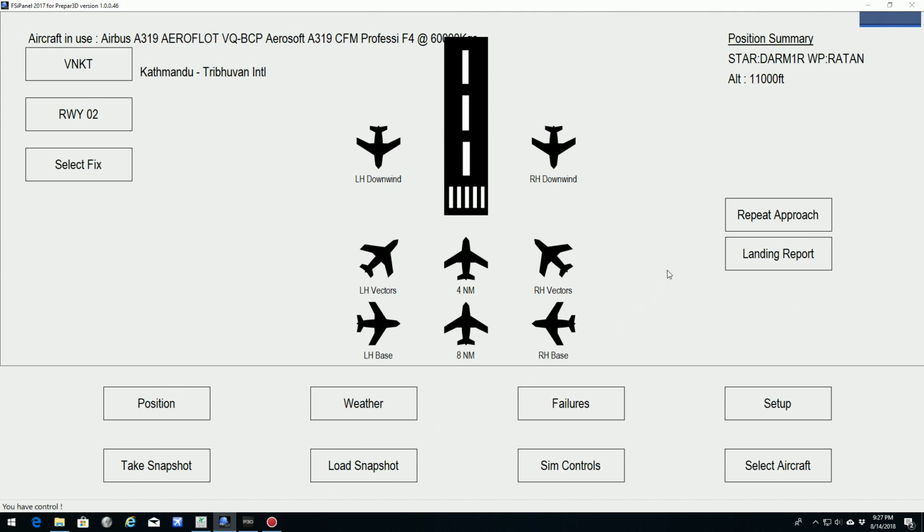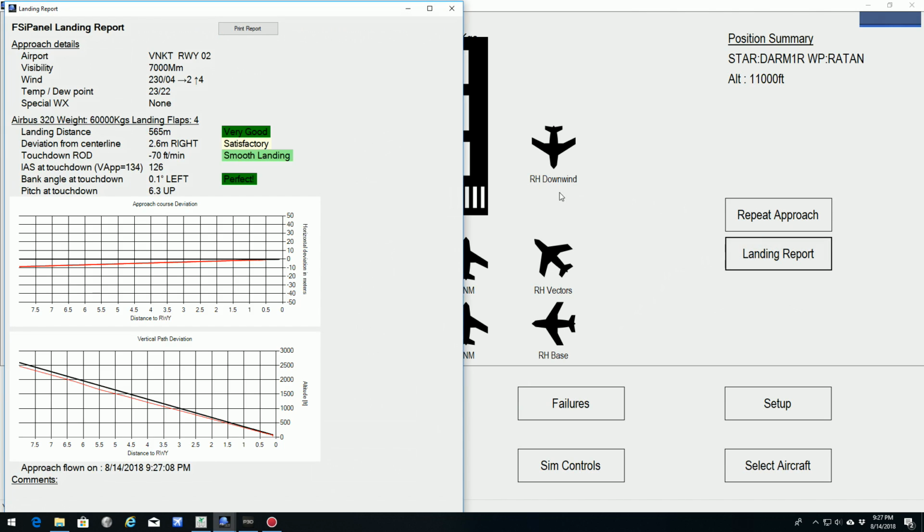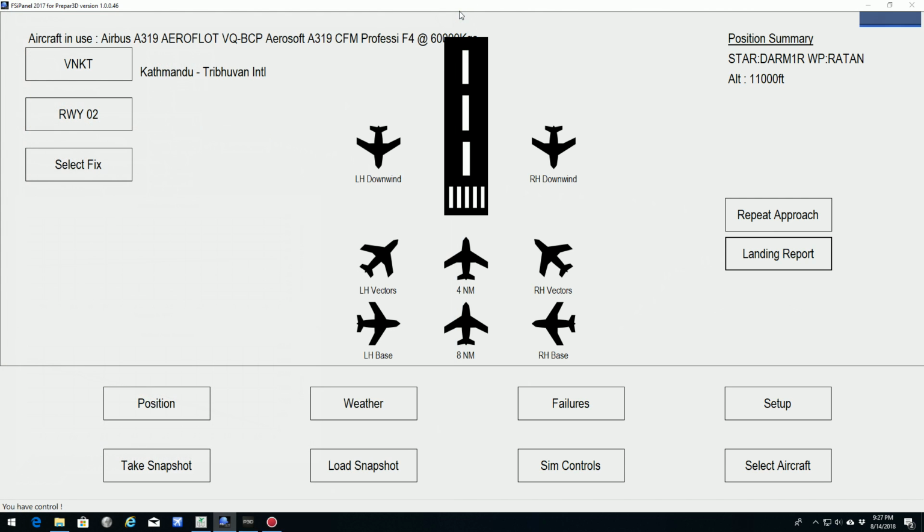Okay, let's see what FSI Panel has to say. Okay, the landing distance is good. Satisfactory. I was a bit right of center line, so not too bad. We see this is based on the 3 degrees perfect descent. So we are not too bad on the RNAV approach. Good. So guys, this is the way to set up your RNAV approach using the Aerosoft, and now I will